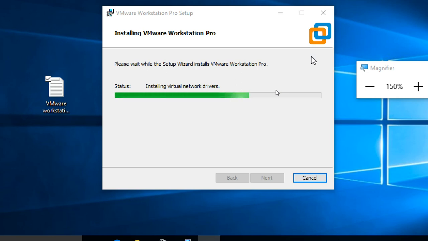Understand what is the use of VMware Workstation. VMware Workstation is used to create multiple virtual machines. We can create virtual machines and you can install whatever operating system you want inside. So we have to check the supported hardware for the operating system, then you can install it. It supports 32-bit hardware and 64-bit hardware also. It means there are certain conditions. I will tell those conditions also. Let it install. Meanwhile I will go to the conditions also.